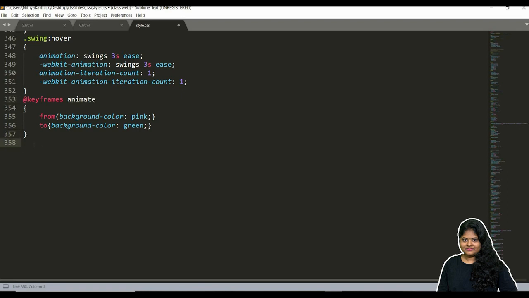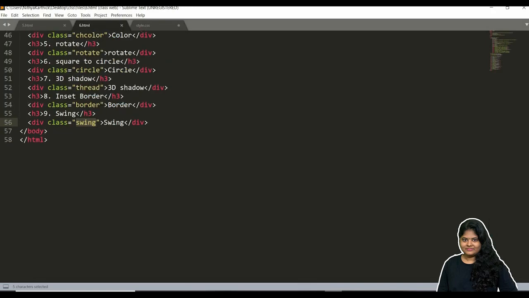Okay, now I have created one keyframe with the name animate. I'm going to use this for a div. Let me create that too. So I already said swing is also done with animation only, but anyway we want to see some example with from and to. That's why I'm just creating this.